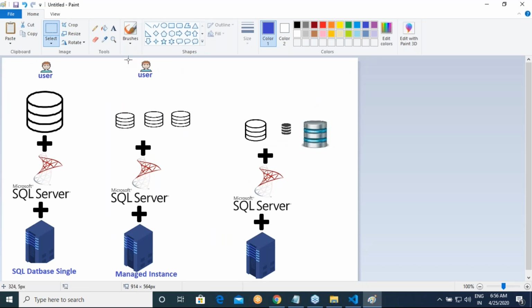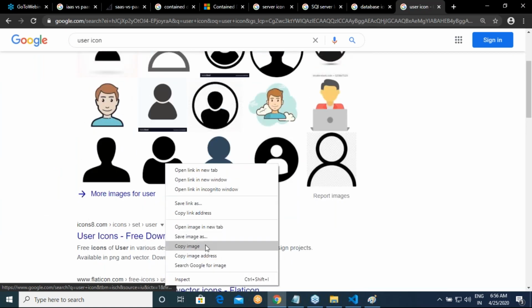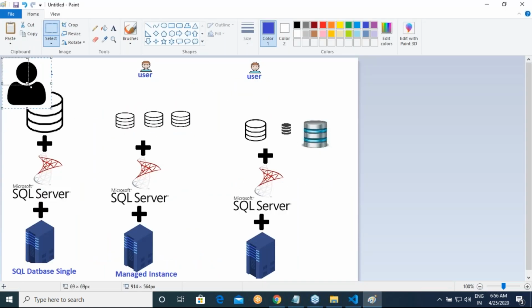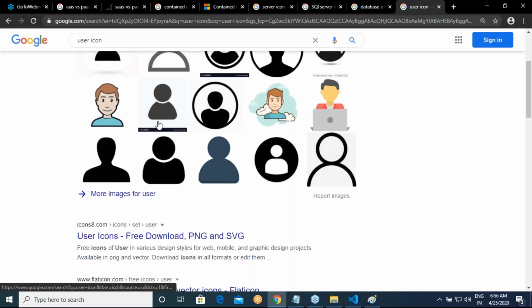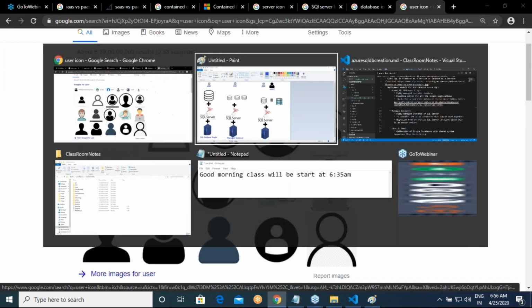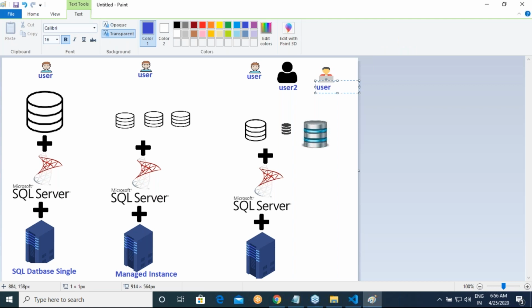User one, the two look the same, so let me put someone else. When I say user or application, whatever you call it, user two, and then user three.